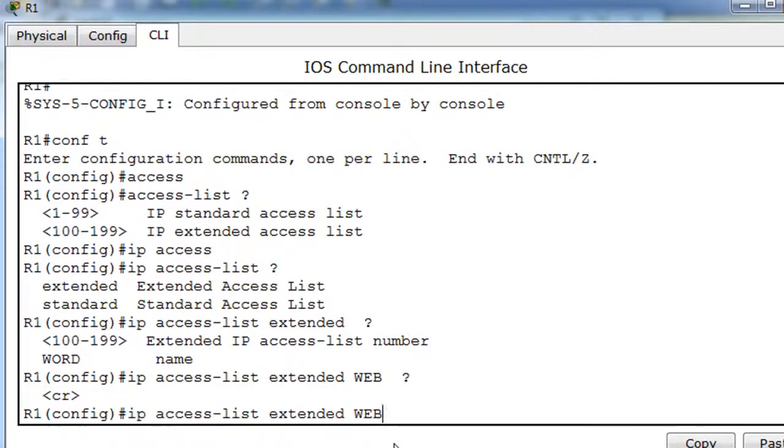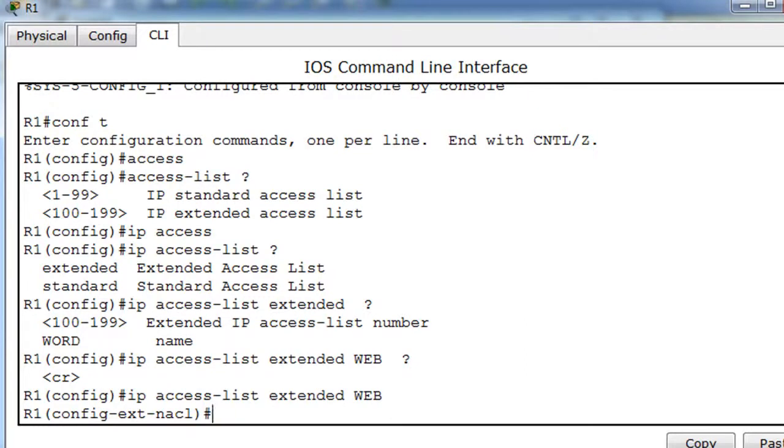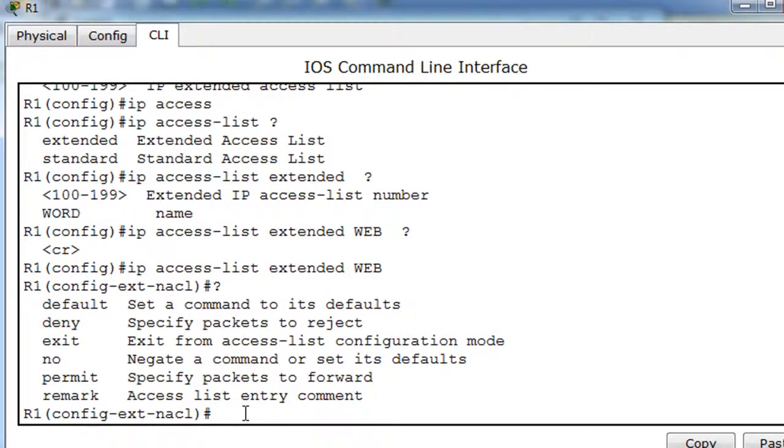So we'll hit enter, and you can see that now we get to go into this special configuration mode, and it says config-ext-nacl, for named access list. So now it's time to configure our access list. Right off the bat, let's put a question mark and see what our choices are. Right away we need to deny or permit. So we will permit,